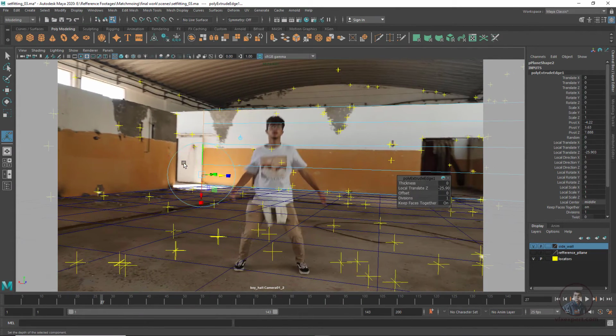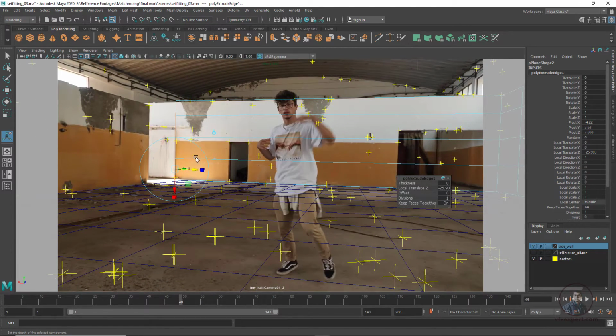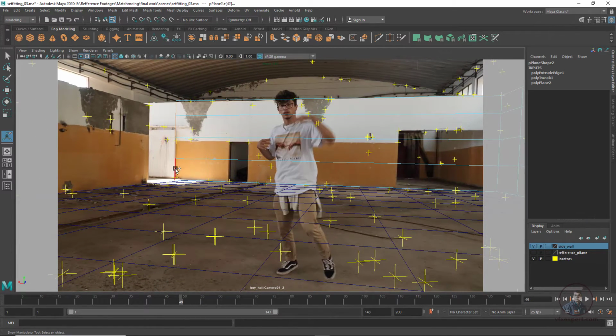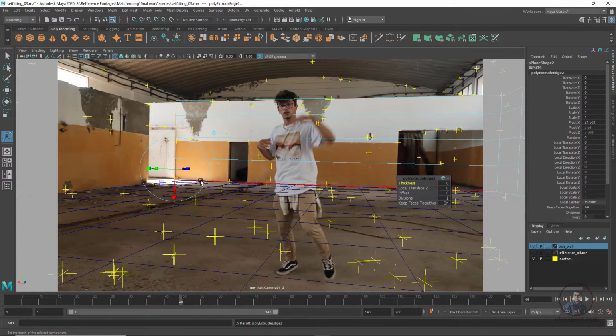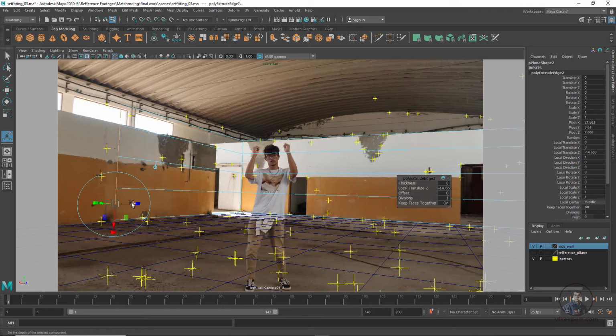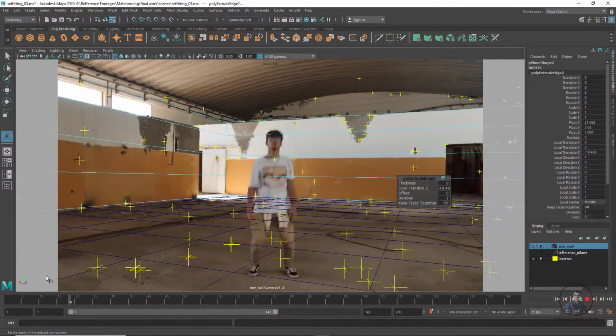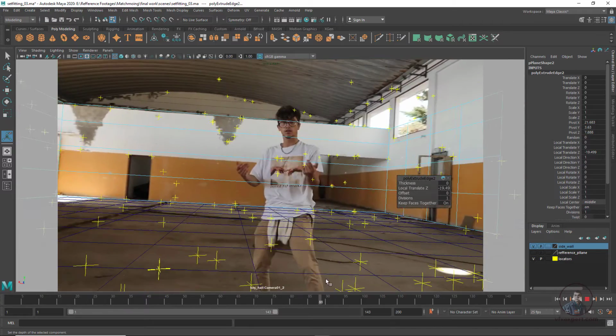Then after this we have to extrude this wall here, then again select, then click on extrude again. So you can see, I think this is looking good. Okay, so the remaining things you can adjust.